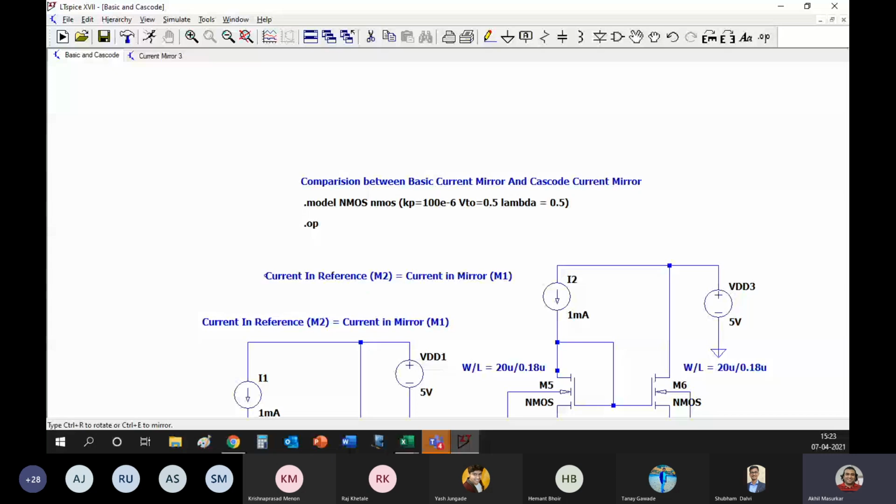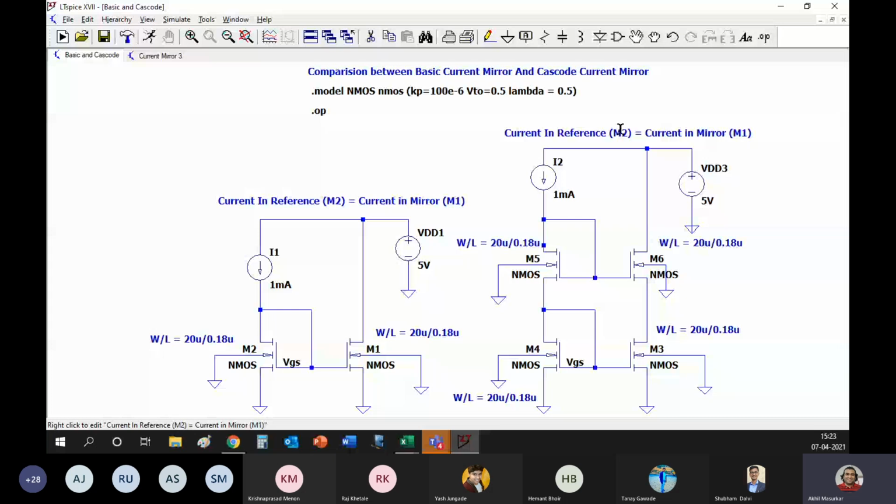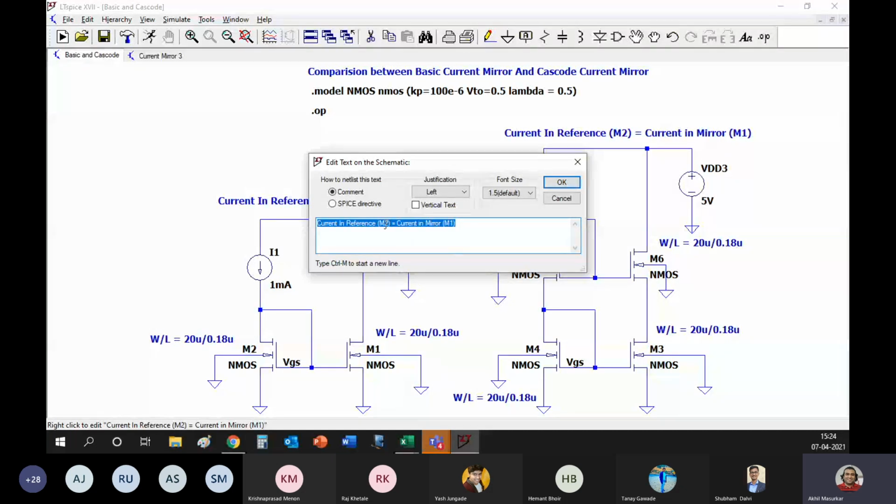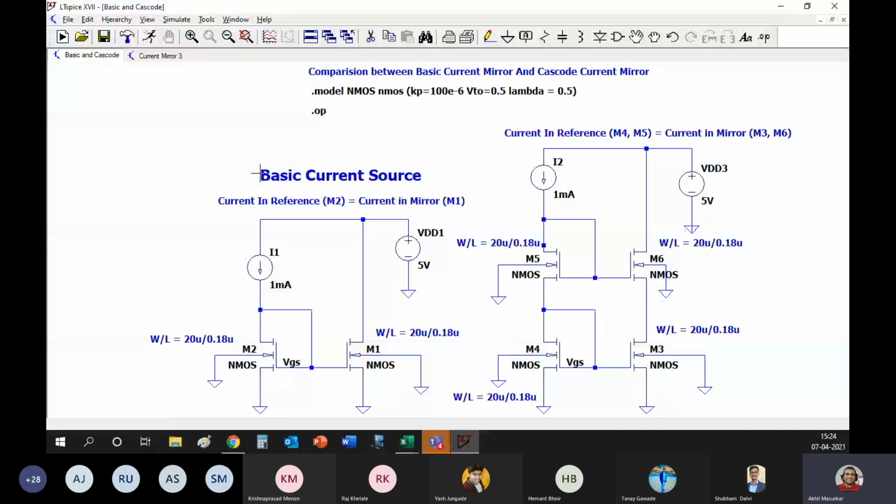So as far as this is concerned, here the reference transistors are M4, comma, I, and M6, so this is our basic current source, and here we have